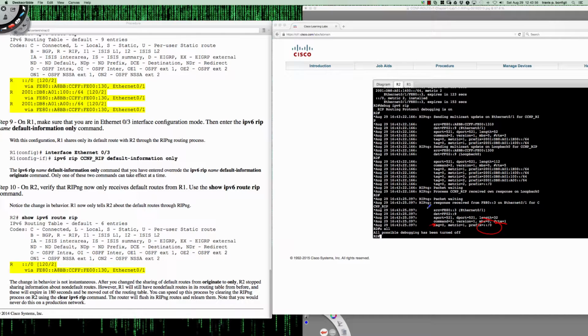That's all we're receiving. And again, the source is router 3, and it's coming in on Ethernet 0/1. Actually, let me mouse over. That should be correct. Yeah, because Ethernet 0/3 is what we enabled on router 1. So it's coming inbound on Ethernet 0/1. That's the interface we're learning it on from that neighbor. And there is the IPv6 RIPng multicast advertisement address, FF02::9. And again, it's only advertising this. We're only receiving